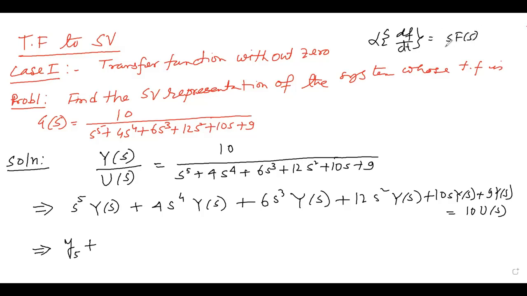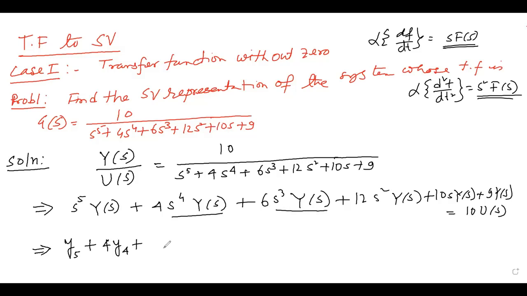That means the Laplace inverse of sF(s) is f(t). Similarly, if we have d2f/dt2, its Laplace transform is s square F(s), assuming that there is no initial condition. So s square F(s) means d2f/dt2. That means the Laplace inverse of s to the power 5 will be the fifth derivative of y. So this will be the fourth derivative of y. This will be the third derivative of y